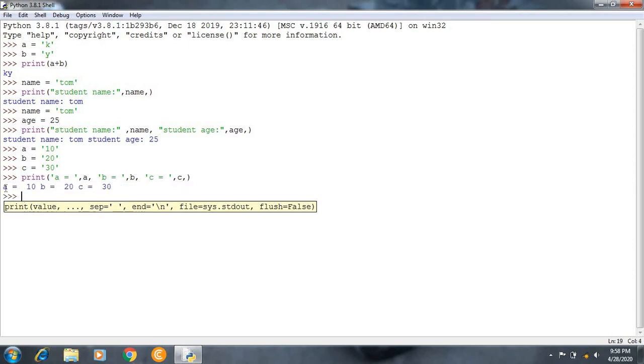So we have defined a is equal to 10, b is equal to 20, c is equal to 30. Now what is the disadvantage of this one? Suppose I have n number of lines or a huge program. I am giving it only vertically. If I want to reduce the space, I have to give it horizontally, right? In that case I will be going for the tuple function. So I'll explain what the tuple function is now.